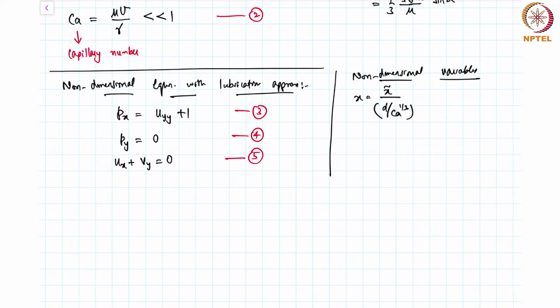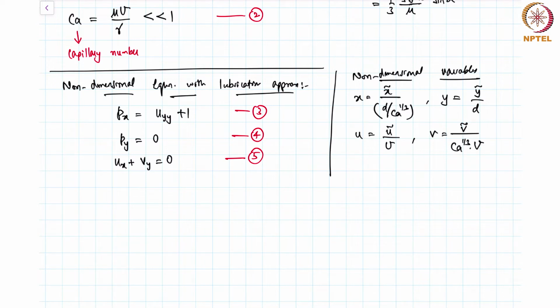Remember, I said the capillary number is very small, so capillary number to the power 1 by 3 is also small. Y simply becomes y tilde by D, and U becomes u tilde by capital U, and V is v tilde by capillary number to the power 1 by 3